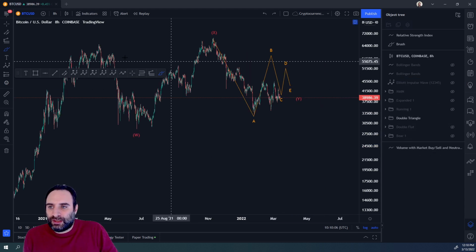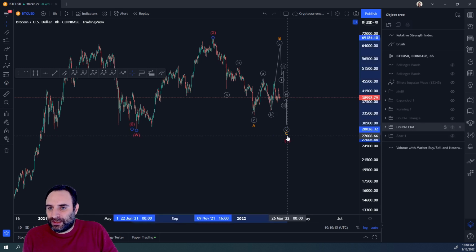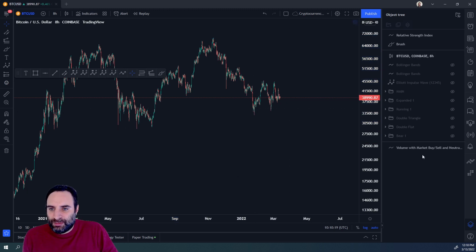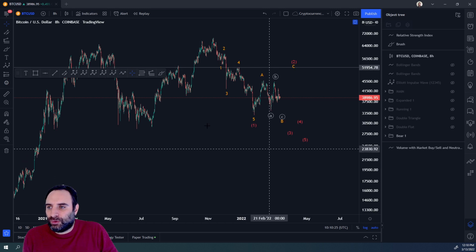But you well know that this has always been an alternative. We're just looking at the double triangle. We're looking at a flat potentially in wave Y as well, which becomes a little less likely. And of course, the ABC that I just showed you. The bearish scenario, which unfortunately is probably going to be a bit more downside